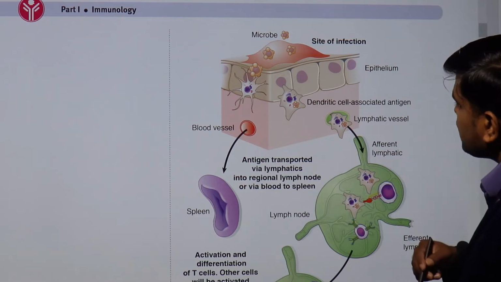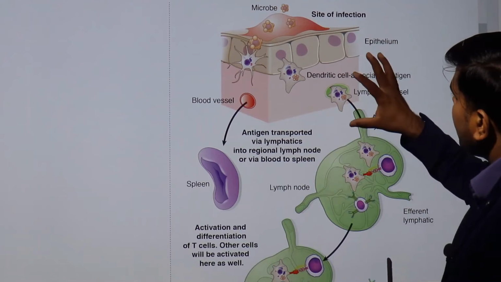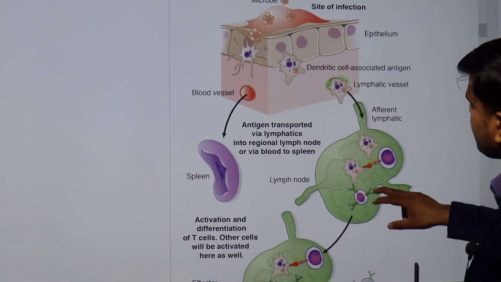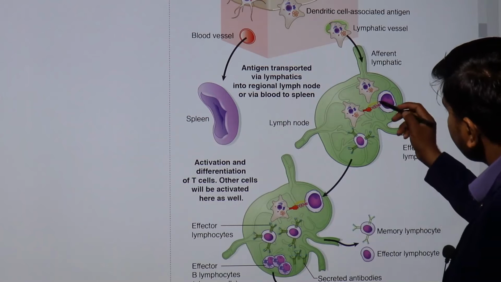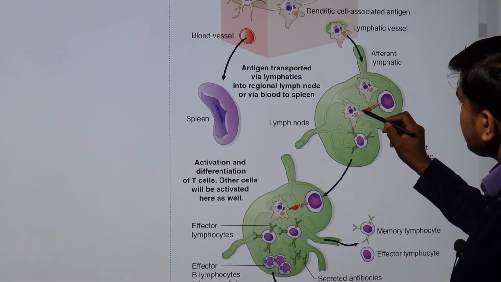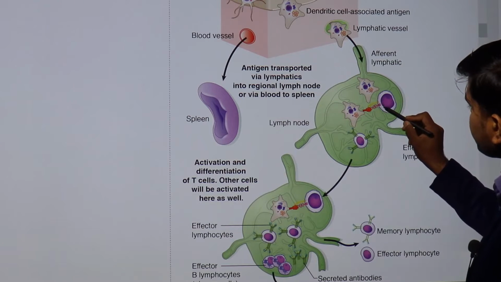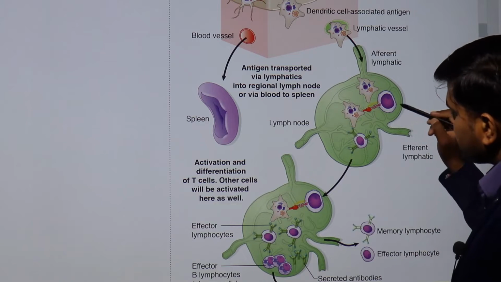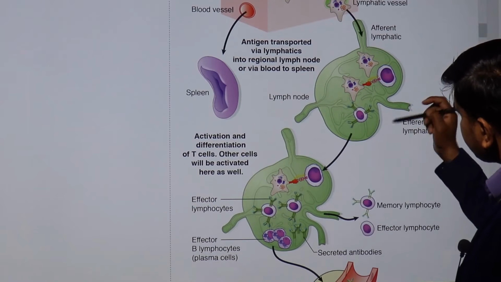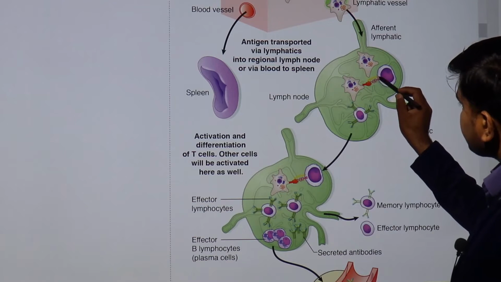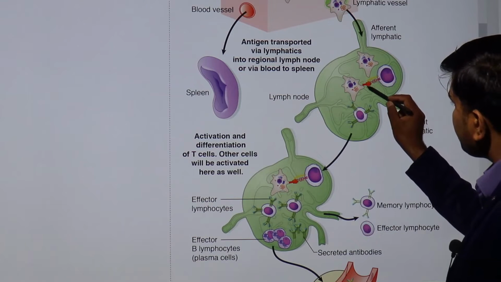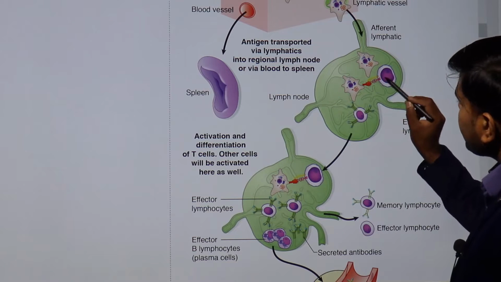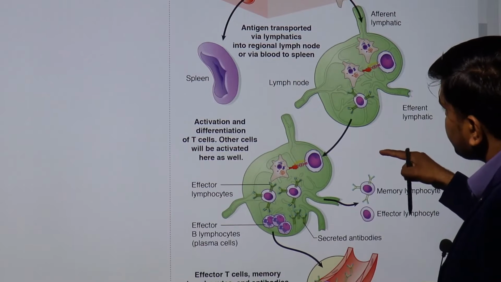In the case of tissue macrophages, in a tissue infection, the antigen will drain through the lymphatics towards the lymph node, and in the lymph node you can see this is the antigen presenting cell. This antigen presenting cell will present it to the T lymphocyte in the paracortex region, and once this presentation occurs, it will be checked by the T cell. The CD4 T cell initially goes to the T cell receptor, then they will check by the CD4, and if it is okay, then there will be co-stimulatory signal activation,